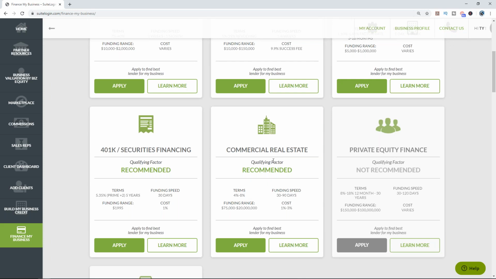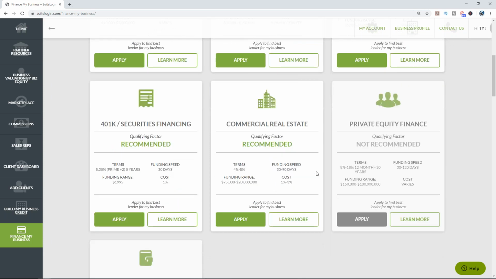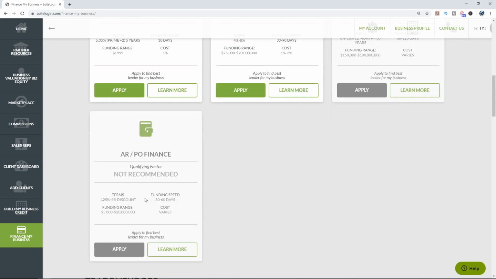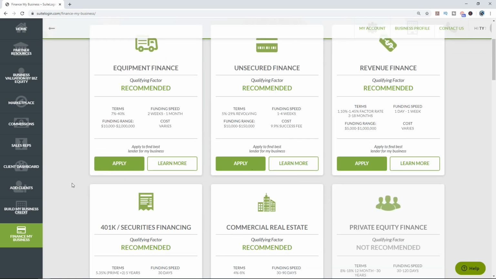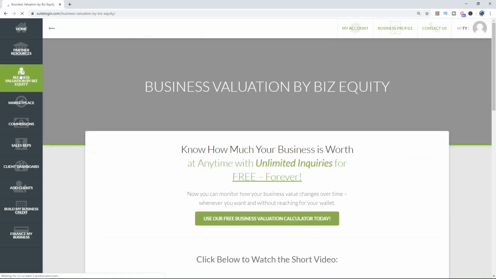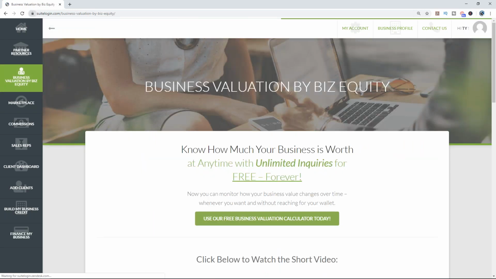So a really good way to go with commercial real estate financing as well, private equity financing as well, account receivable, purchase order financing. So we've got some we haven't really listed here that fall into the revenue category, such as term loans, such as peer-to-peer lending, some new big additions on top of some of our old classics as well. And then don't forget that they can always check the valuation of their business through Biz Equity,